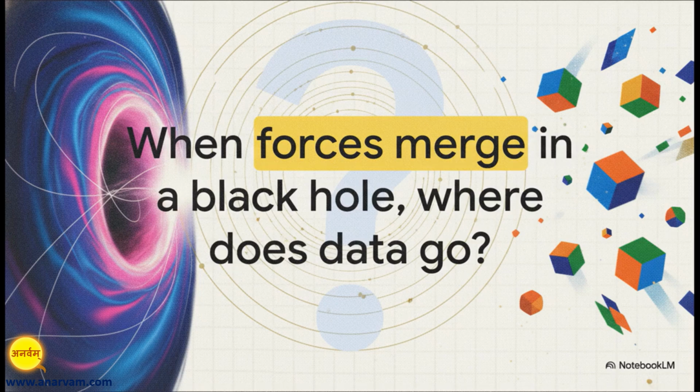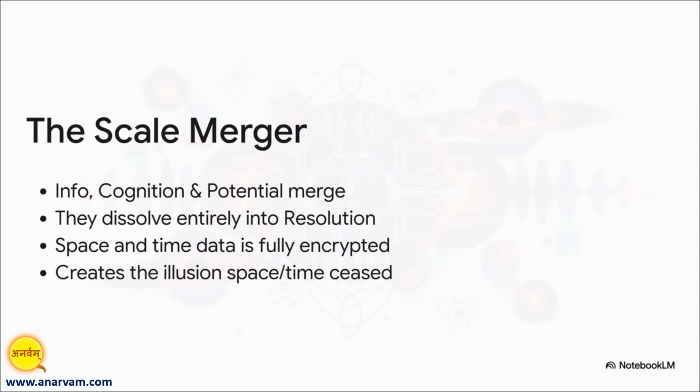When this massive merger happens, where does the universe's space-time data actually go? Well, here's the answer. As those forces merge, the cosmic software of information, cognition, and potential collapses entirely into absolute resolution. All of that space and time data isn't destroyed. Rather, it becomes fully encrypted into this unified resolution state. For anyone or anything inside that merged state, this absolute encryption creates this subjective illusion that space and time have